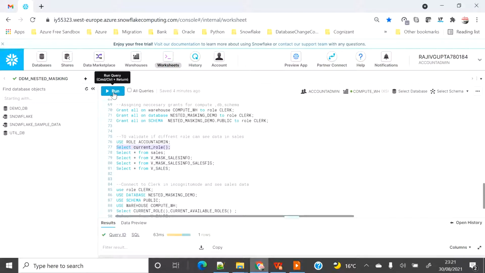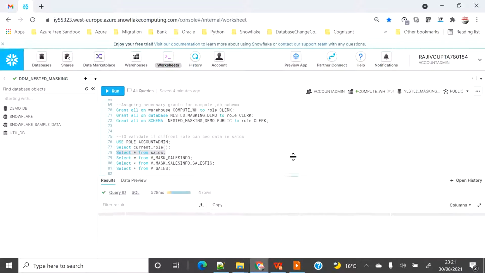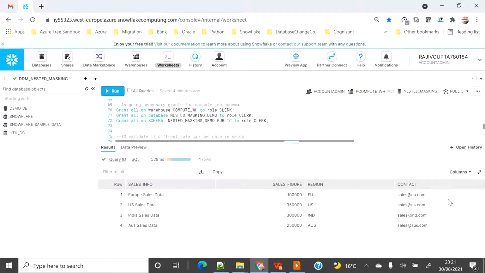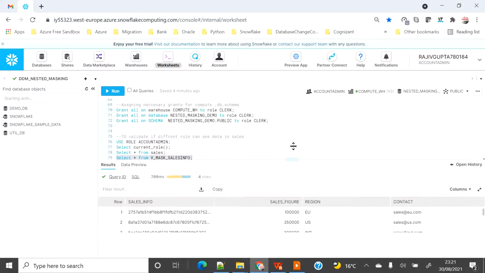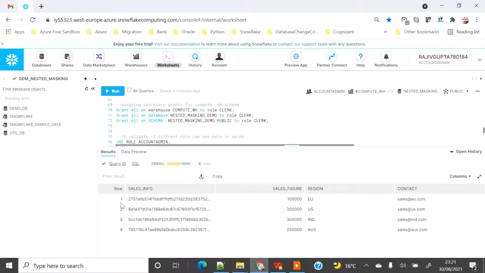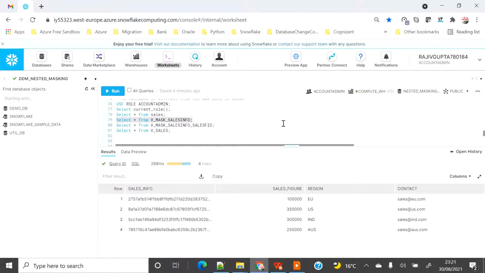Now I'm going to see what kind of data I can see here. Currently my role is account admin. Let's see what data we can see on sales. As you can see, all the data is visible to the current user because I have not applied any masking policy on the sales table. Let's see what we can see on V masking sales info. As account admin, you can see that on V masking sales info, the sales info column is masked with a hashed value, but sales figure and contact are visible.